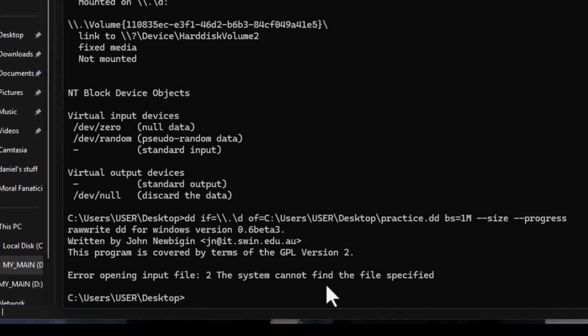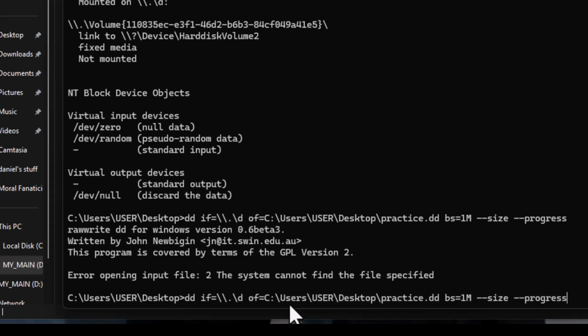I pressed enter and the command prompt is reporting an error. I just want to give you guys an opportunity to look at it and see what error it's talking about. I have already figured out the error, and here it is. So if you look at this very well, the input file,